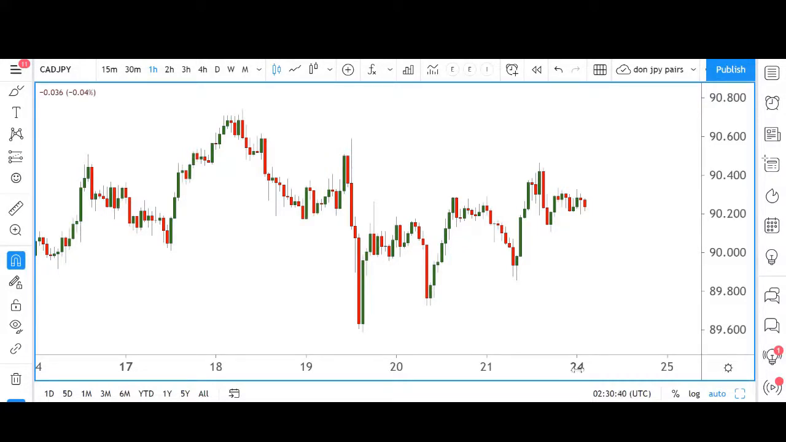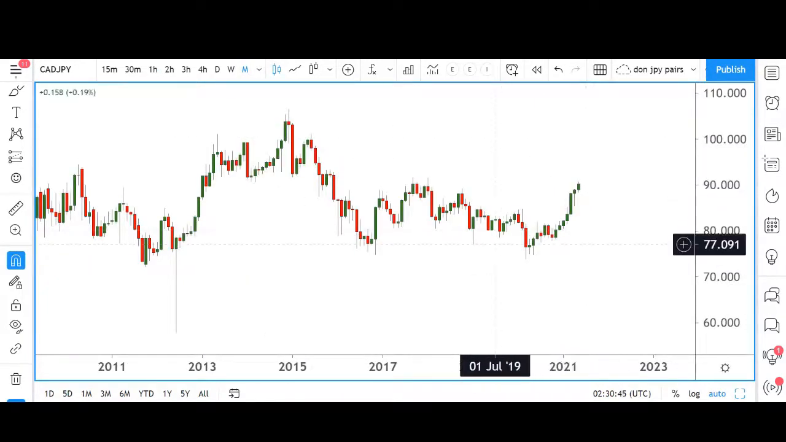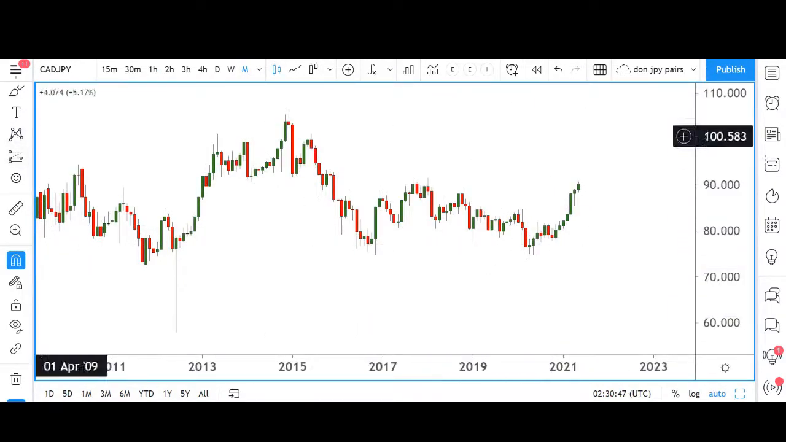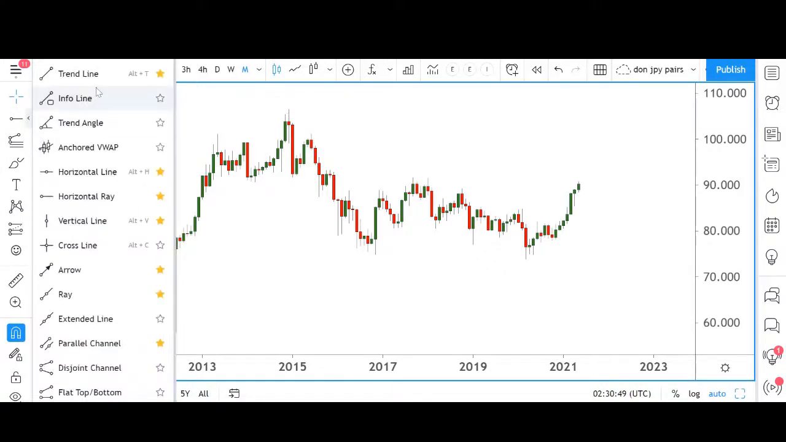And for today's trade of the day, we'll be looking at the CAD yen. So for the CAD yen, let's take a look at the monthly time frame. On the monthly time frame, you can see that CAD yen has been showing us a very clear